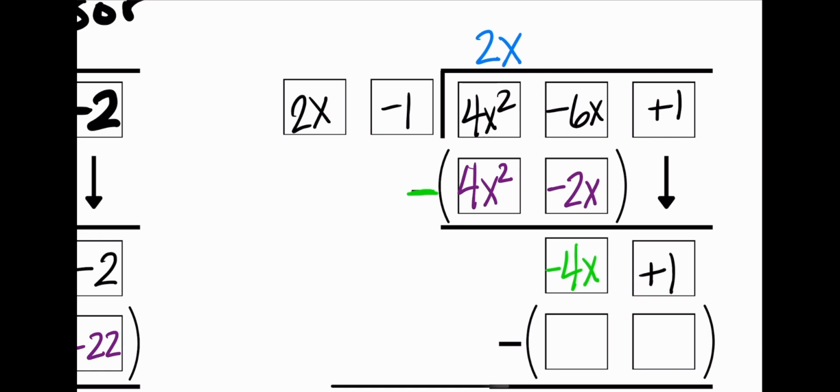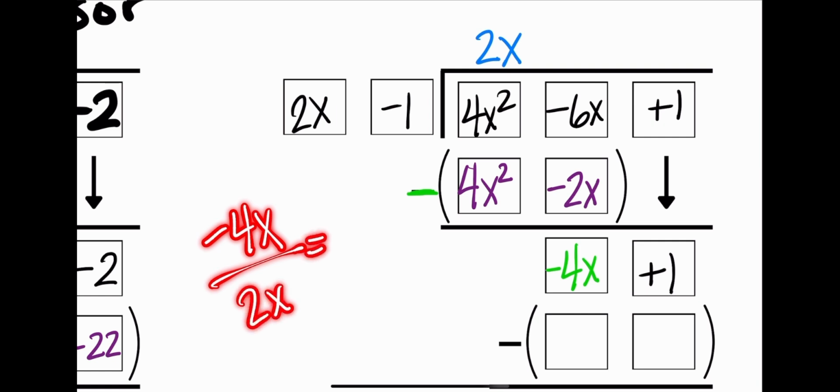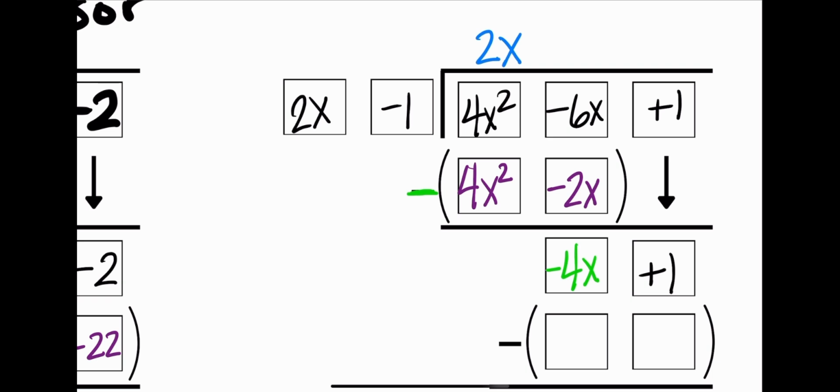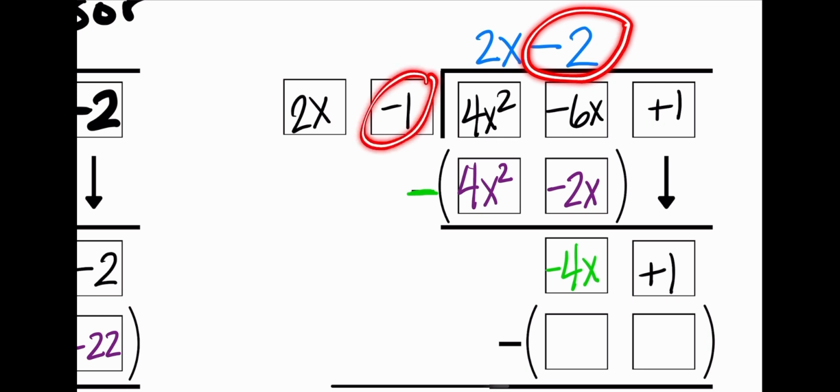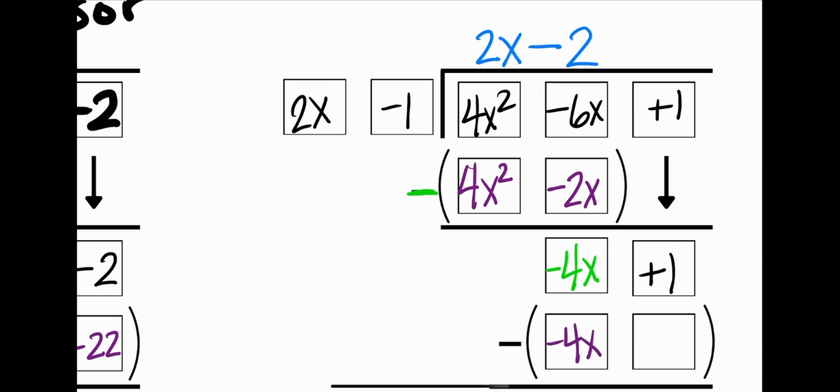Now we are ready to repeat the cycle. We're going to be doing negative 4x divided by 2x. So let's work that out. Negative 4x divided by 2x, that is equal to negative 2. We write that here, negative 2. And now we are going to multiply negative 2 with 2x and negative 2 times negative 1. So negative 2 times 2x is negative 4x, and negative 2